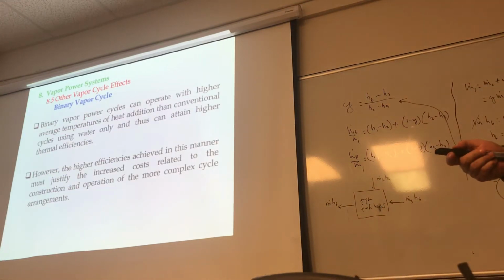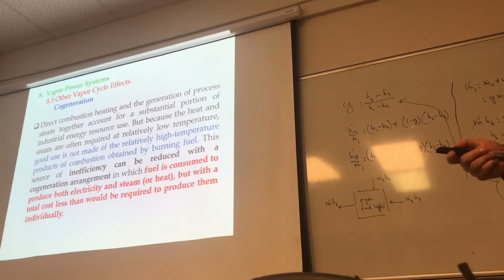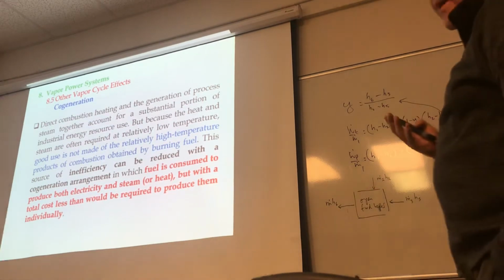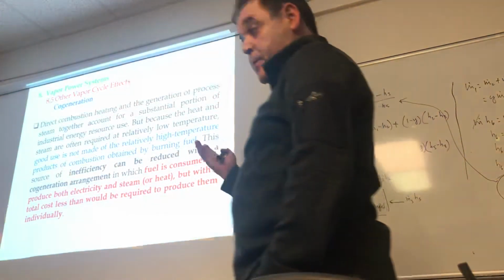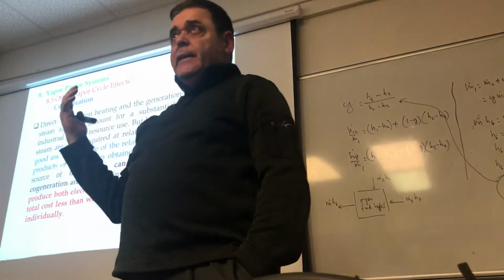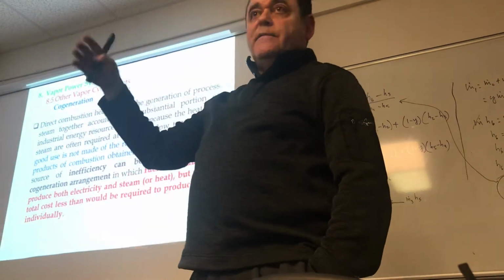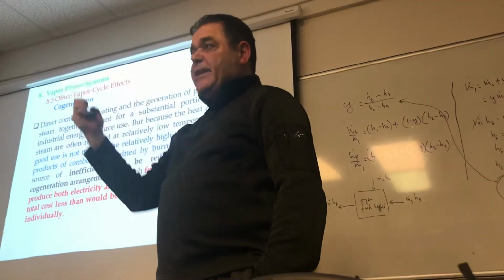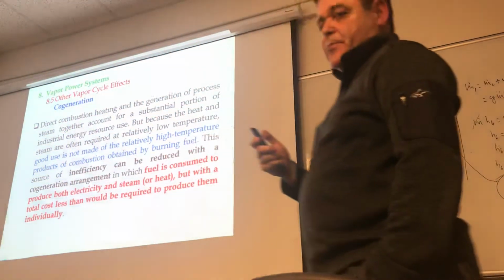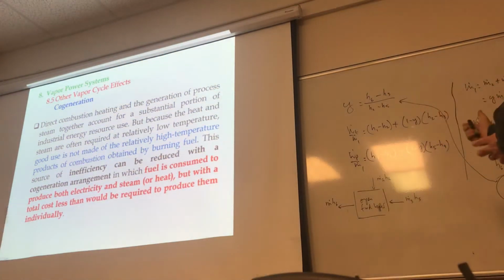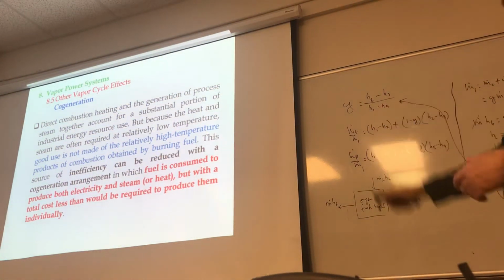What else can we say? Cogeneration, and this is just some technical terminology. Cogeneration is when you are not just generating power. Maybe you want to generate power on one hand, but you also want steam for something else, okay? So what you are doing is extracting some steam: on one hand you are generating the power, on the other hand you are directing the steam somewhere else